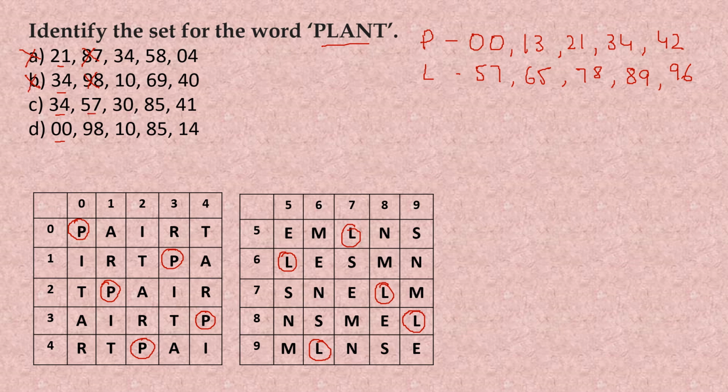57 is present. And 98 again. So this is also ruled out. So which is the correct answer here? We are left only with one option, that is C, and that gives us the correct answer. So you can check with the other three words in the same way, and that will confirm that the answer you are looking for is option C for this particular case.